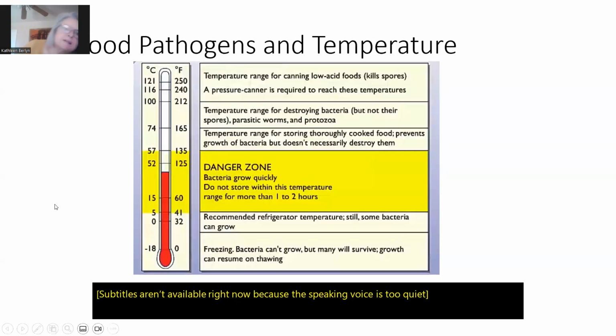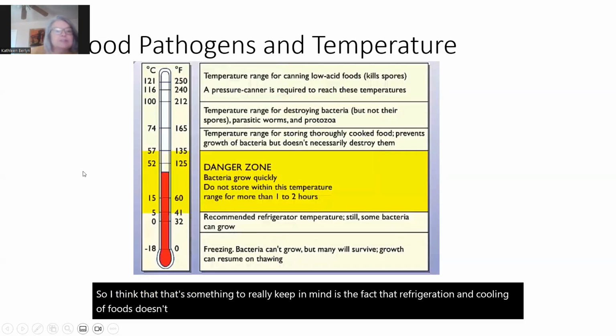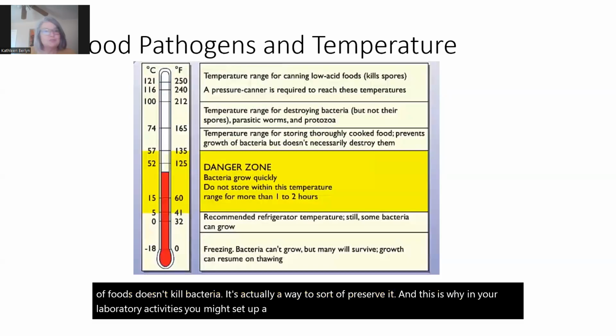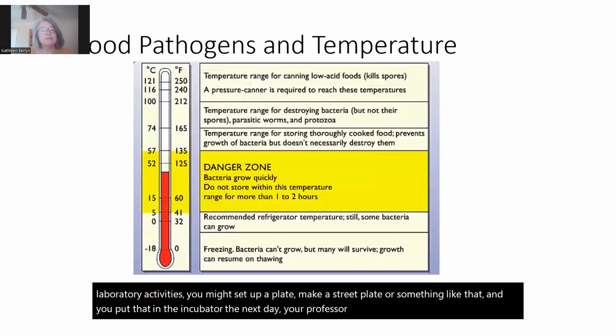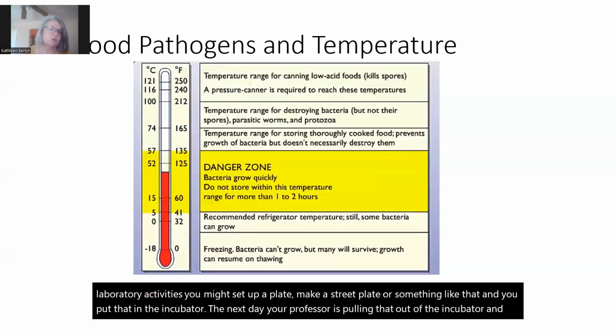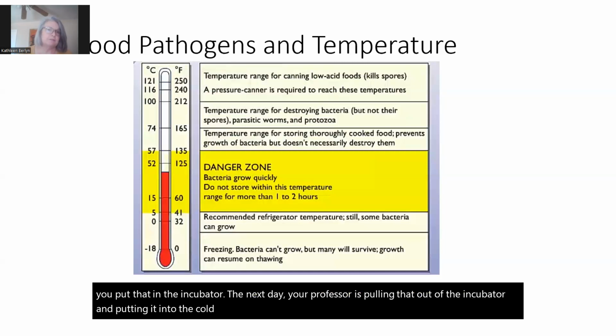So I think that's something to really keep in mind: refrigeration and cooling of foods doesn't kill bacteria. It's actually a way to preserve it. And this is why in your laboratory activities, you might set up a plate, make a streak plate or something like that, and put that in the incubator. The next day, your professor is pulling that out of the incubator and putting it into the cold so that when you come back the following lab, the bacteria is ready for you to work with